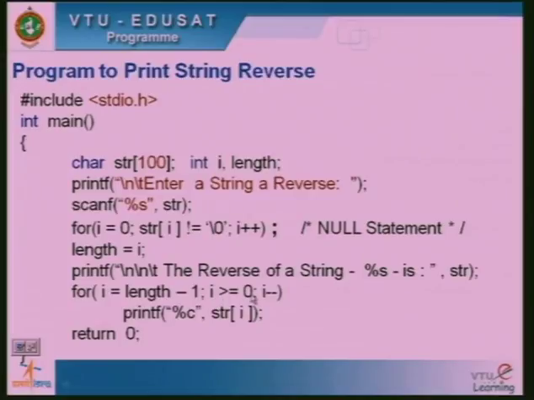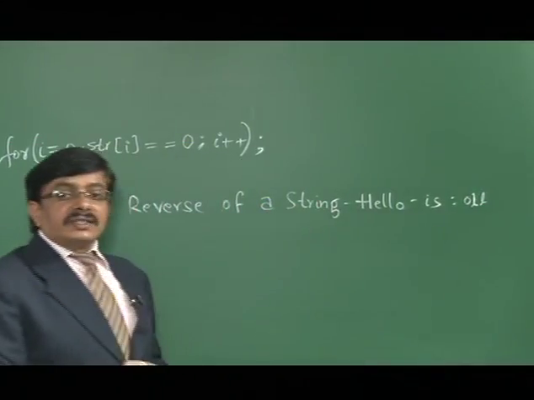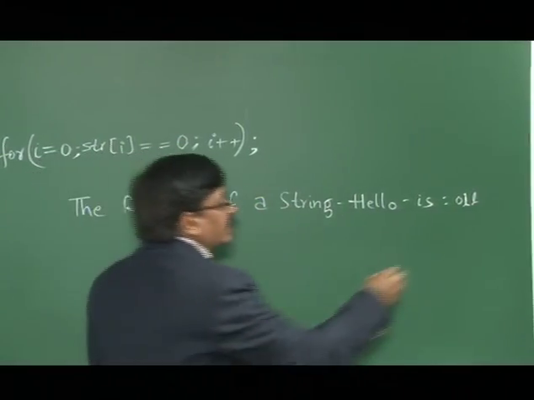So 2 is again greater than or equal to 0. Again I print a character. So here again it is pointing to L. When i is equal to 2, again we are pointing to L there. Then similarly, further I decrement, and it will be pointing to E, because i has become